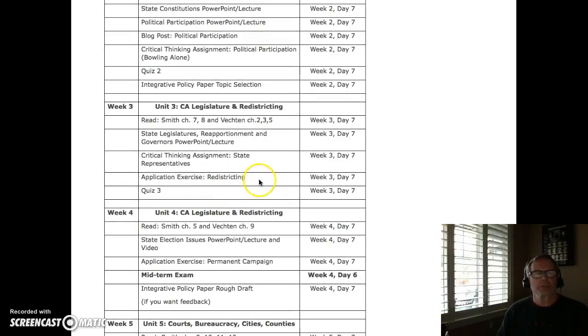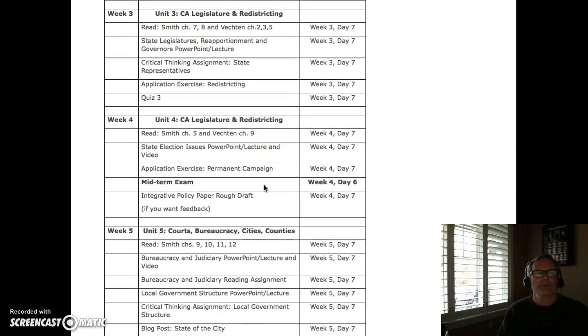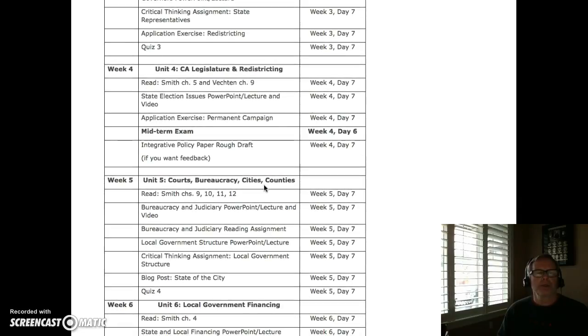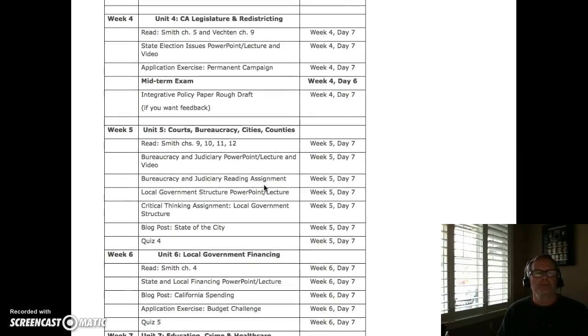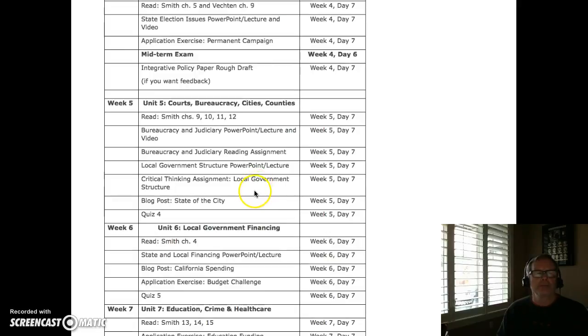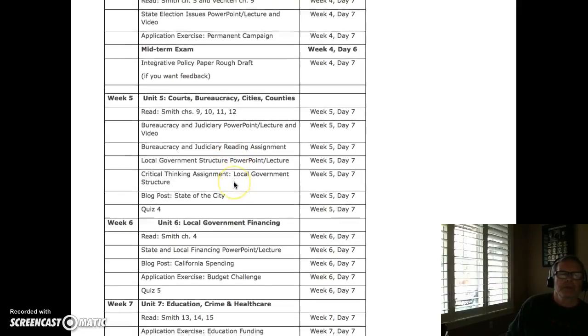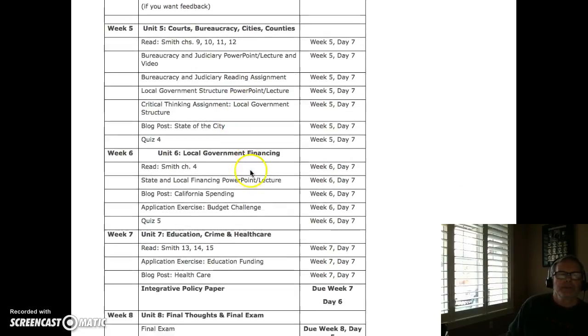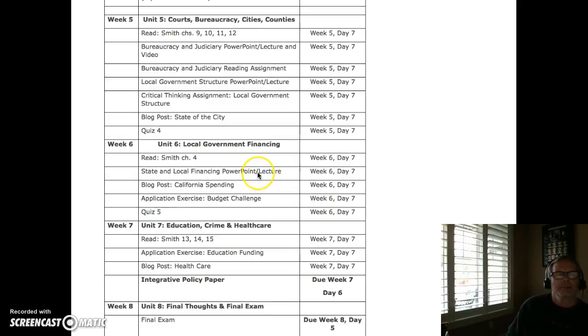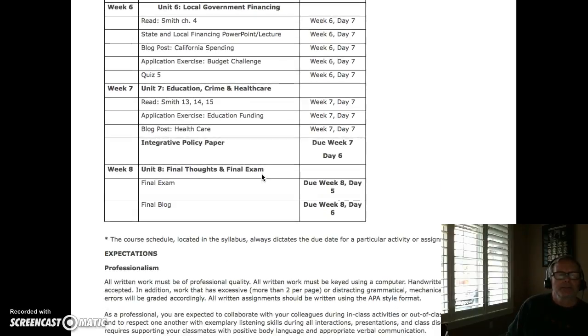Again, a couple other exercises we have. Application exercise, a redistricting assignment. It's basically an interactive assignment, and then you write about your experience. So take a look, go through here carefully. Remember, allow yourself sufficient time throughout the week to read the assignments. Read your chapters, and then allow yourself sufficient time to work on your specific assignments for each learning activity section for each of our weekly assignments. And I think that's pretty much it.